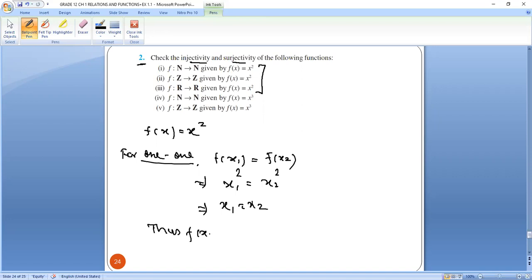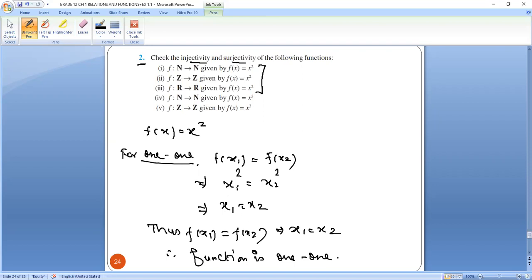Thus f of x1 is equals to f of x2 implies x1 is equals to x2. Therefore function is 1 1. Now